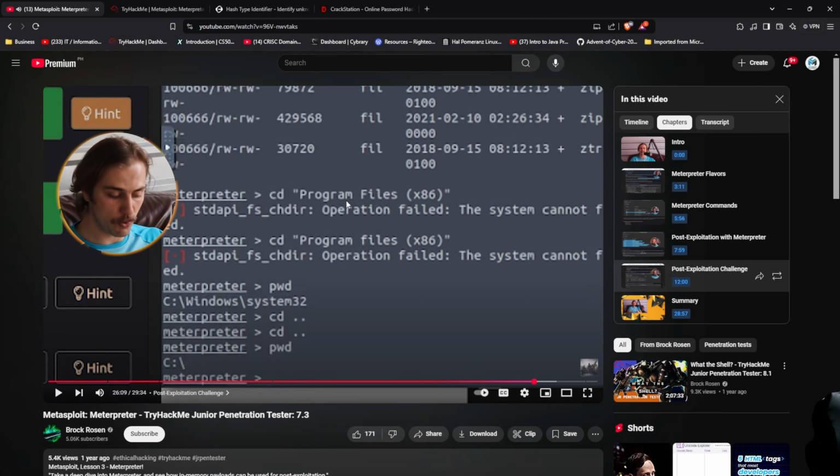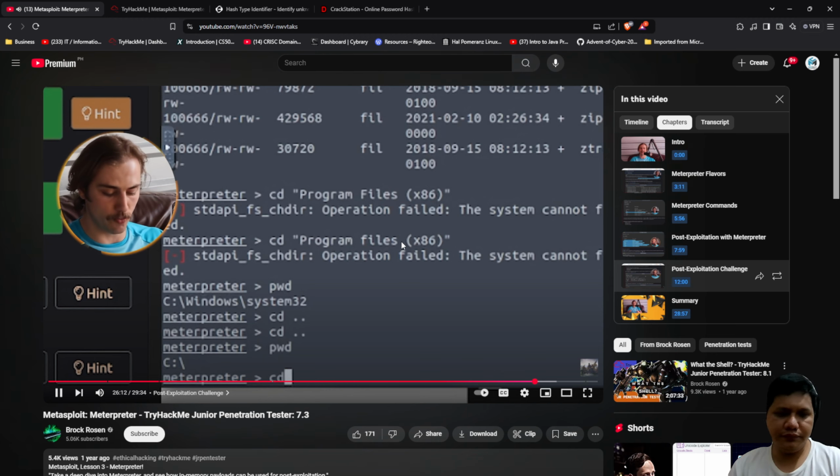Now we'll go ahead and look for that program files directory. So we'll do cd